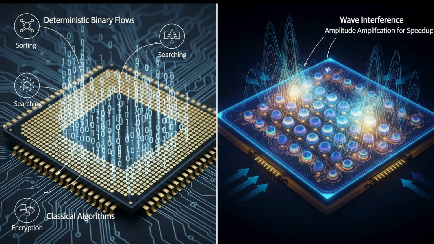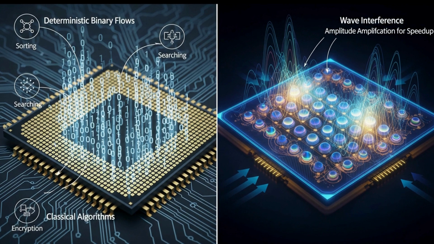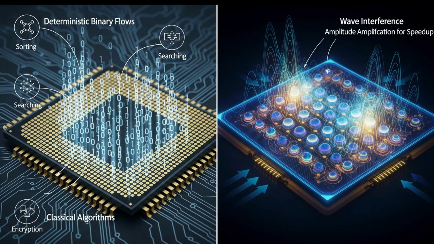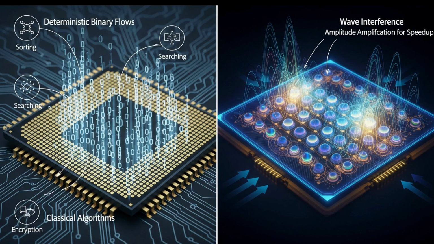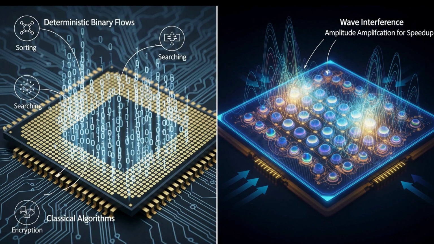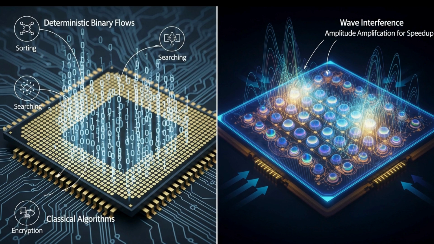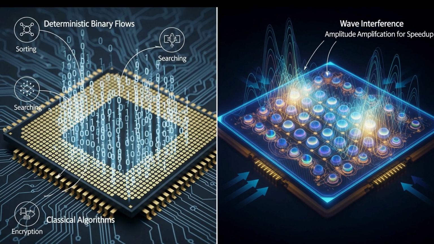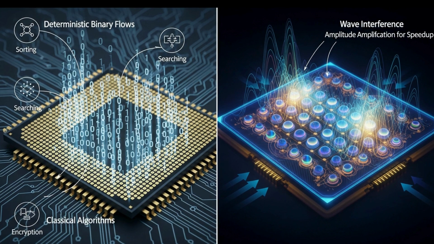Practical consequence: certain tasks have proven quantum speedups, like factoring, Shor's algorithm, or searching unstructured data, Grover's algorithm. But for many everyday AI tasks, the speedup isn't automatic. We need algorithms that map machine learning problems to quantum-friendly subroutines.